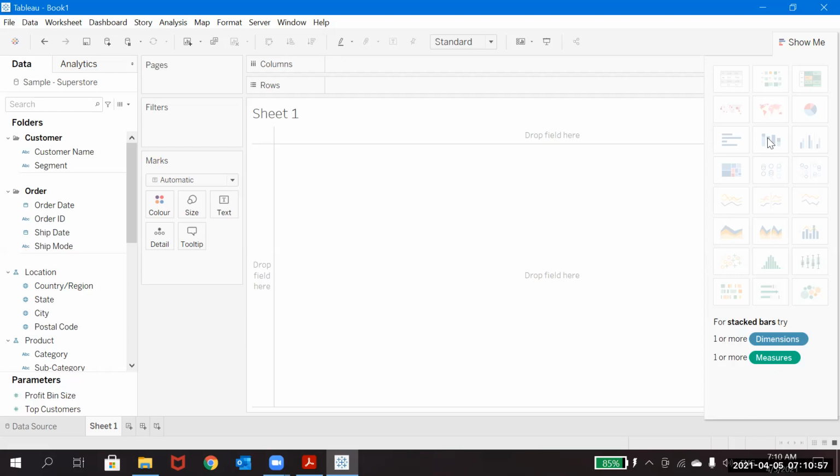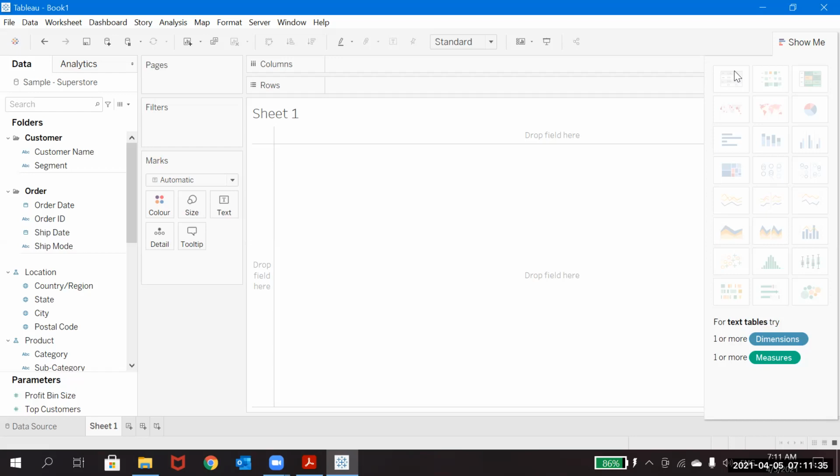Now we'll go to each individual chart and see what the requirements are, like one or more dimensions and one or more measures. Using this, we'll create the different types of charts we have here. After this, we have some other different charts, so we can create those as well. And we will also see how we can create these manually. Right now we will just take one dimension and one measure and see how we can create this chart, but at the same time you should know how to create these things manually also.